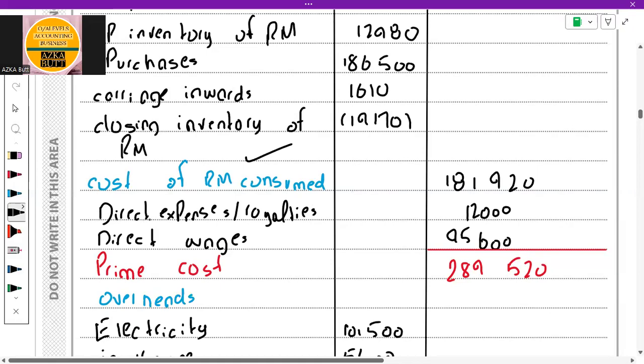If you see, there are the royalties, and royalties are also part of the direct expenses, which is $12,000, and there are some direct wages which you give to your labors. So the wages you give to your labors would also be part of the prime cost, because you can easily trace the cost which you invested to make the output. Because for example, if you have paid $100 to your labor to make the product, and let's suppose you make 10 units,